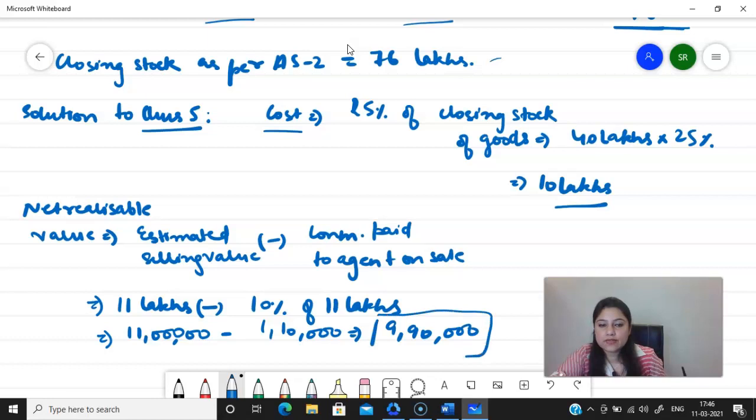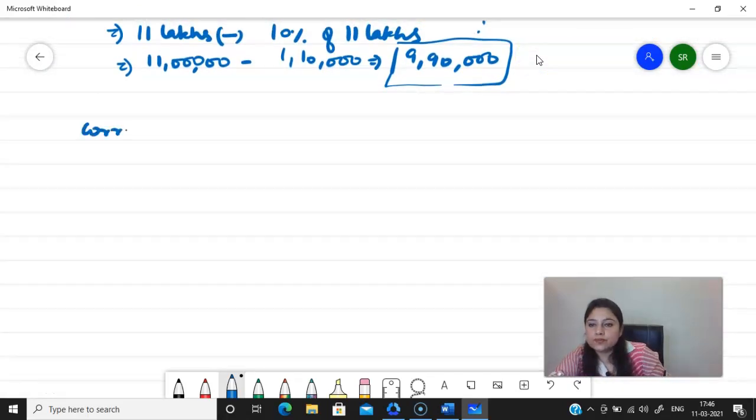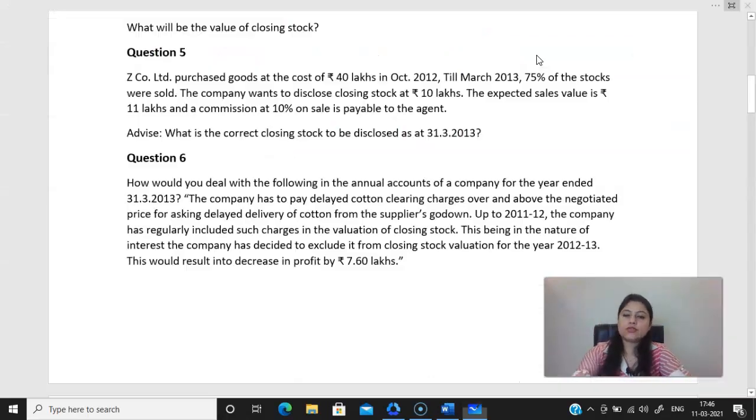And since the NRV is less than the cost price, the correct value of closing stock is equal to 9,90,000. That will be shown in Z Limited as at 31st March 2013, right? So let us take a look at the next question, that is question number 6,